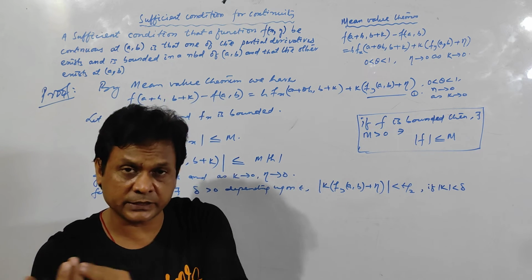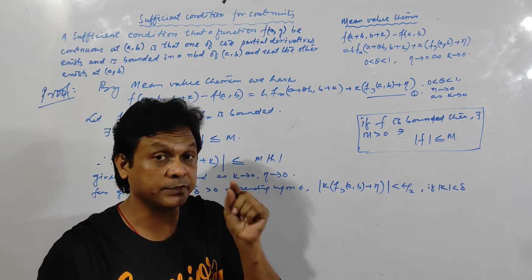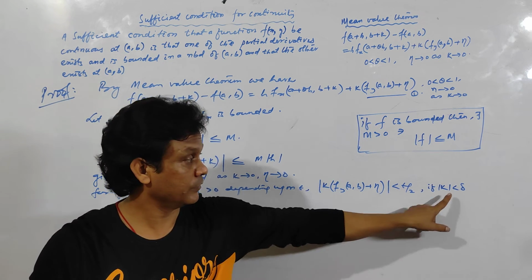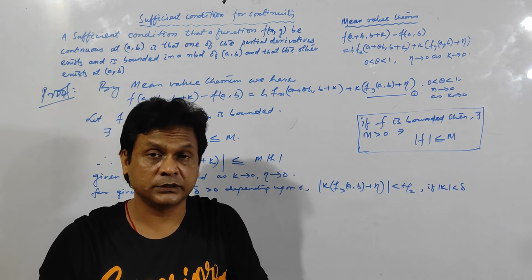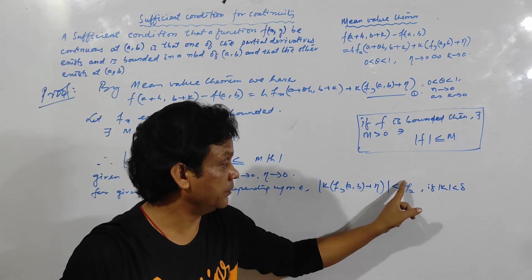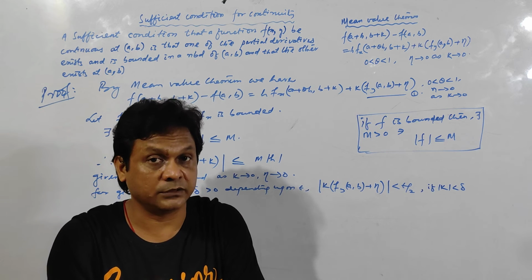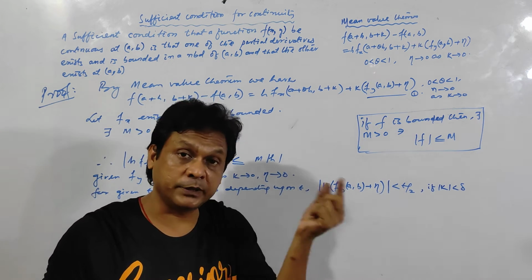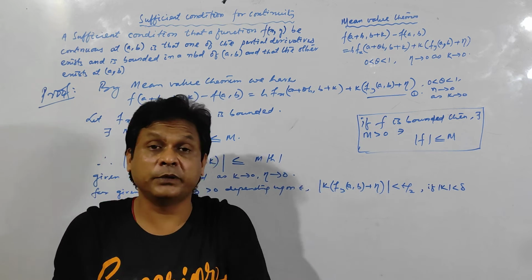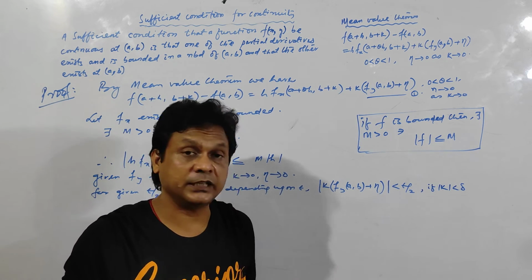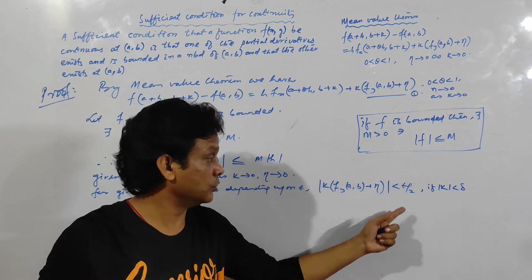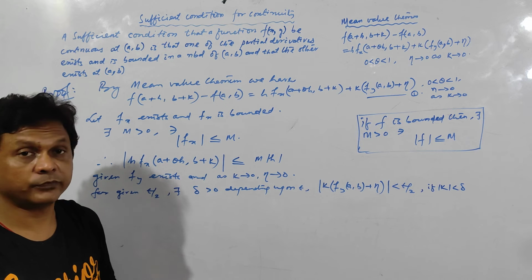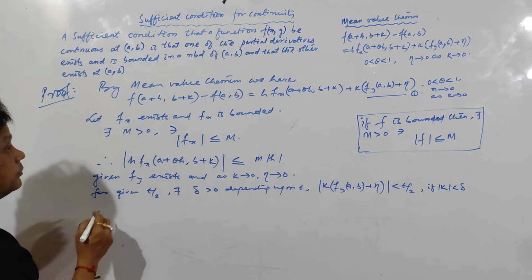Less than epsilon by 2 means epsilon is a very small number, so this quantity tends to 0. Delta is a very small positive number, and if I take delta equal to epsilon, then this will be delta by 2. If delta is very small, then delta by 2 is again very small, and if k tends to 0, this total quantity tends to 0, which is the required condition. Clear? So now, from equation 1,